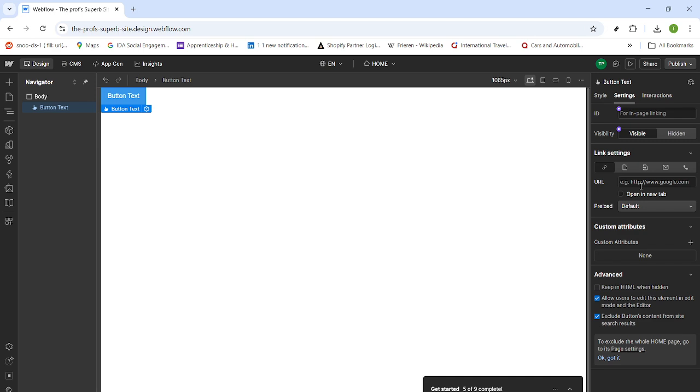Rename your class to something meaningful so you can reuse this button across your site with consistent styling. And that's it. Your button is in